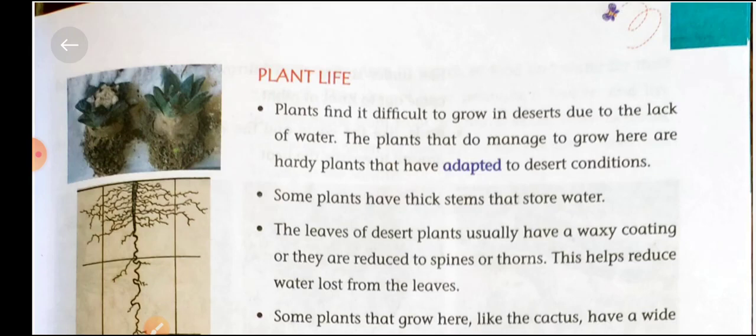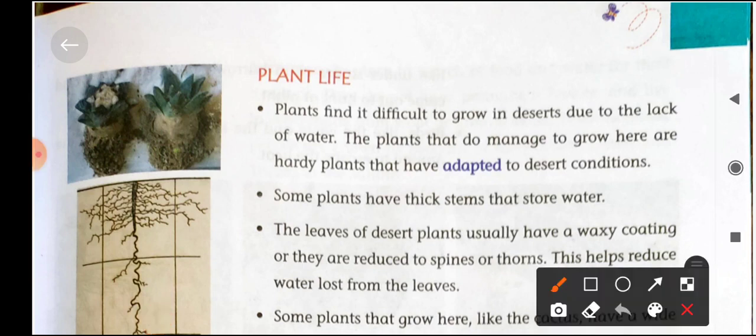The leaves of desert plants usually have a waxy coating. As you see here, the leaves of the desert plants have a waxy coating and are reduced to thorns. This helps reduce water loss from the leaves.